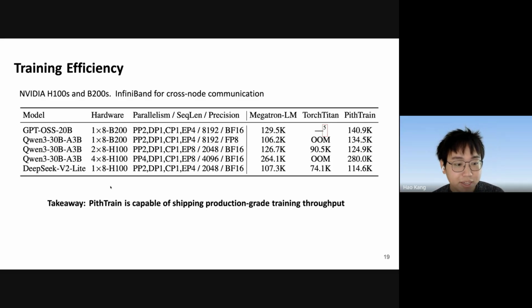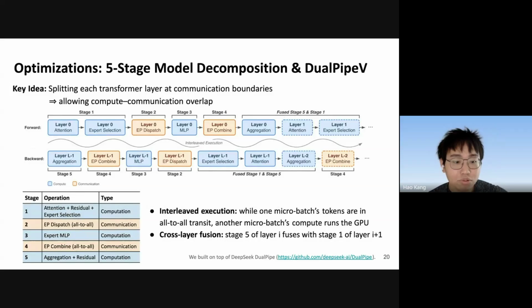The way we get these MoE training throughput out of around 11K lines of code is first via a 5-stage decomposition of each MoE layer whose execution is scheduled with the DualPipeV. To give proper credit here, this builds upon DeepSeek's DualPipe for the orchestration, with the V-shape variant from the SEA AI lab. The core idea is that for each MoE layer, we can split its execution at the